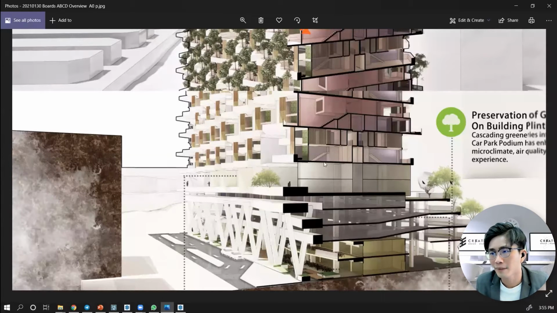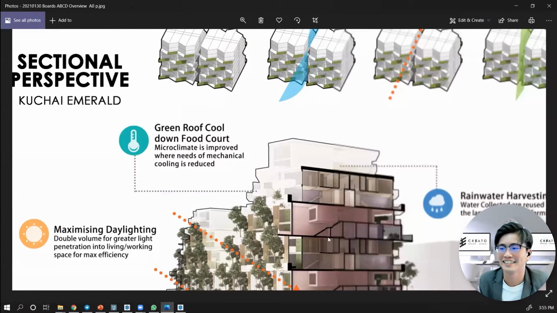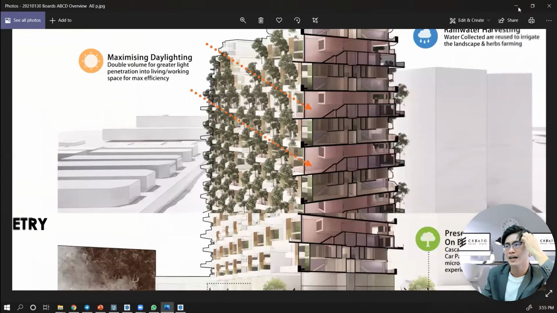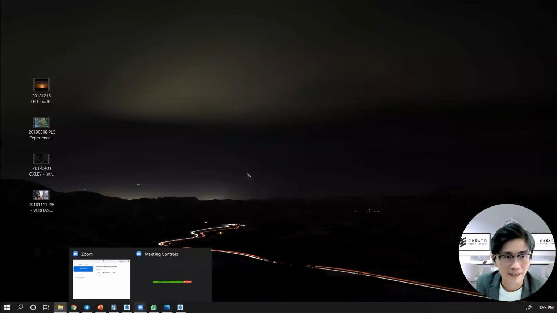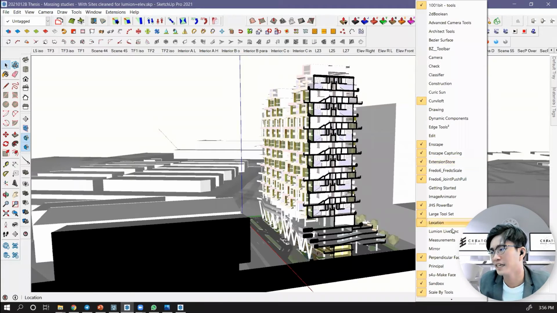I exported a layer of the section plane itself, and the color version, very nice color, is actually made using an extension and software. The keyword for you is Enscape. You see I have an extension called Enscape.